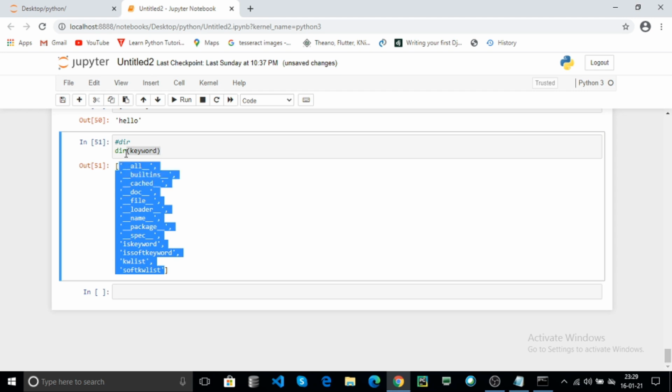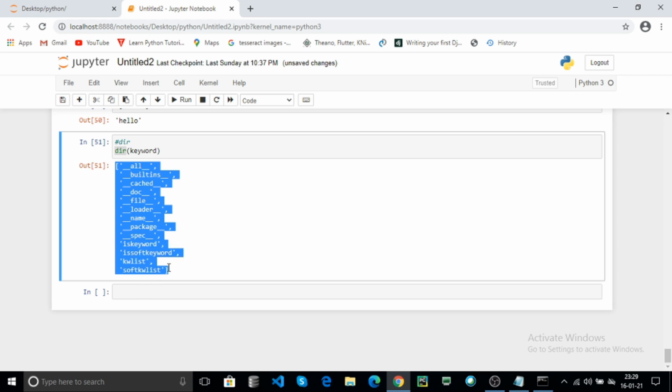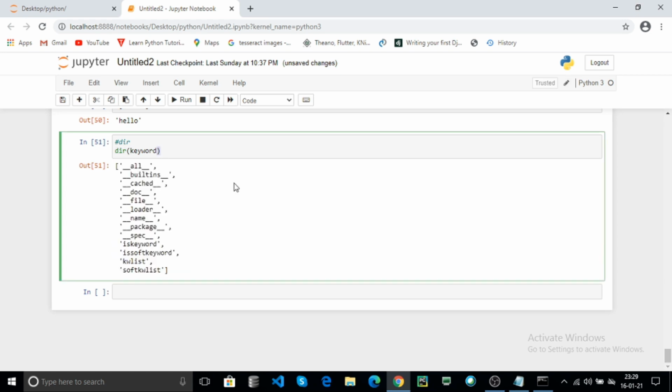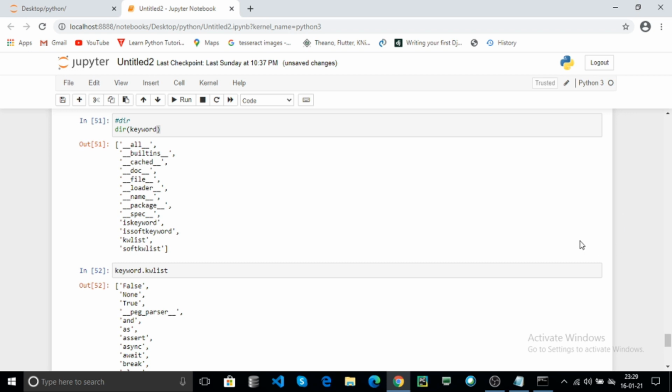The dir gives the information about your modules. And again keyword.kwlist, click on run. Sorry, dir of builtins, click on run.